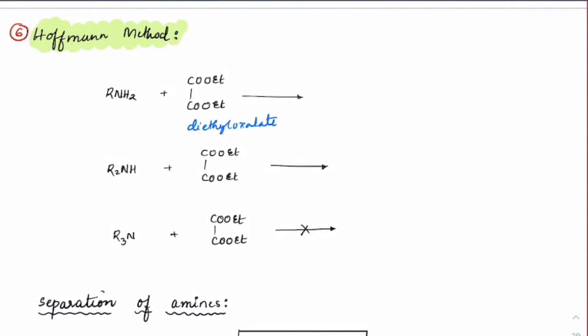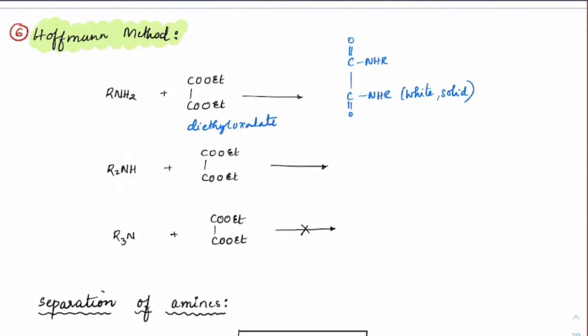Right. So in case of primary amine, we have seen that this forms CO, let me write the complete structure, C double bond O, NHR here, and C double bond O, NHR is formed. On both sides, the ethoxy group will be removed, and that would be connected by this NHR. This appears to be a white solid form, which means it is getting precipitated. So primary amine on treating with diethyl oxalate will get precipitated.